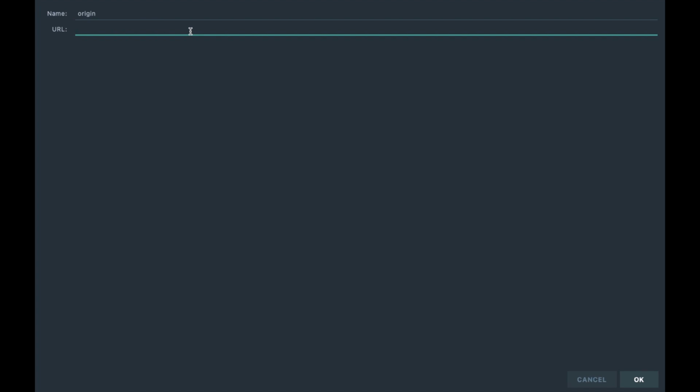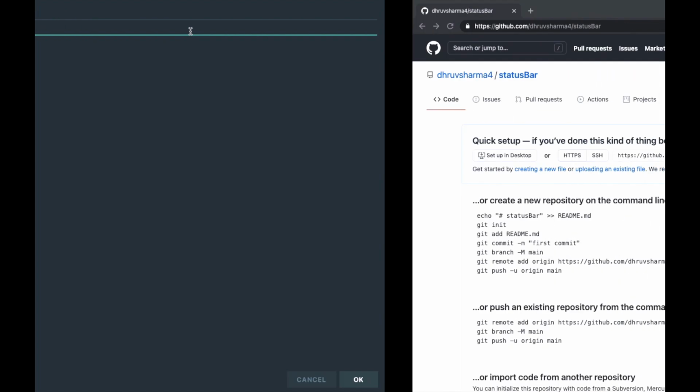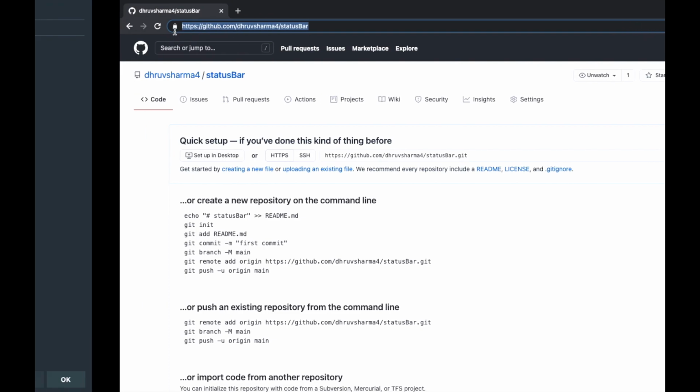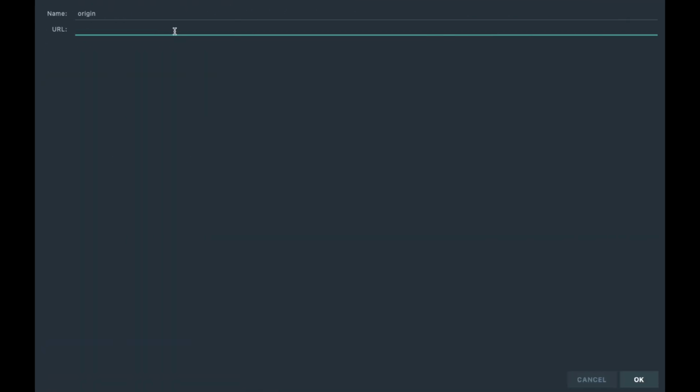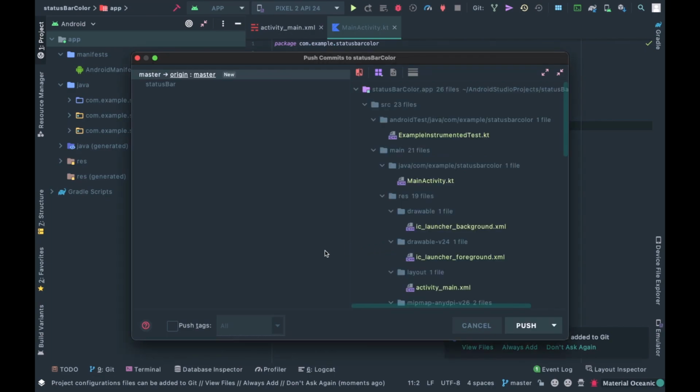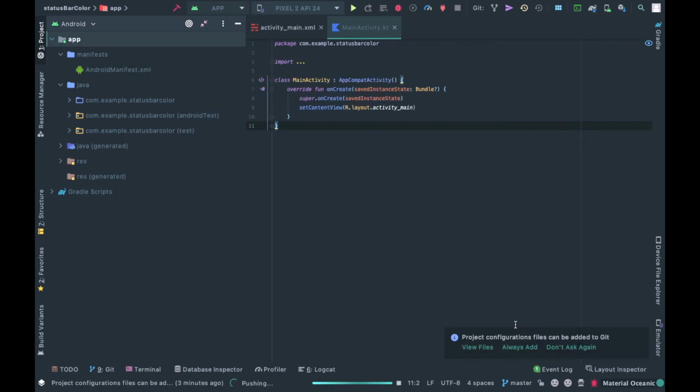But if you're not a beginner, if you are using this most of the time and took some break and now coming back, then it will ask you just your URL, which we have copied earlier, this one URL, and now we are just going to paste this thing and then click on OK, and then here it will take you to this window and you are going to click on push, and at the bottom it will show you pushing,